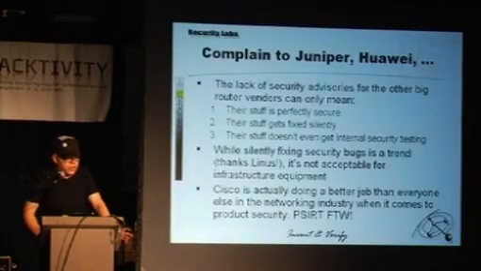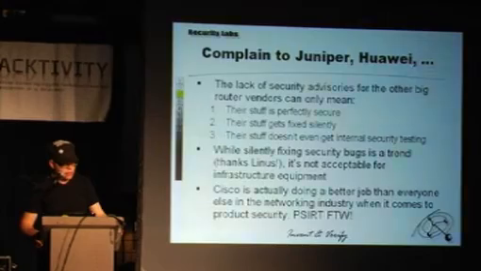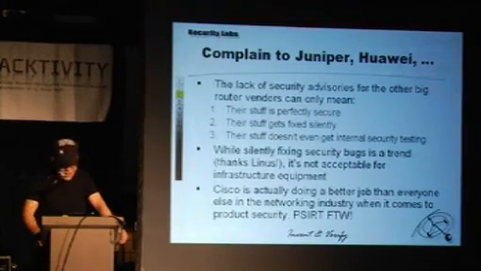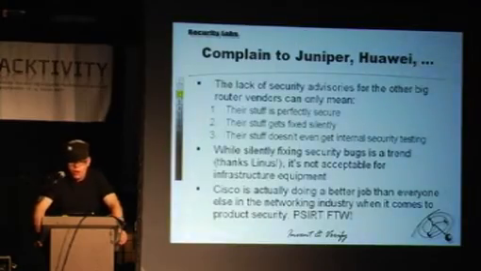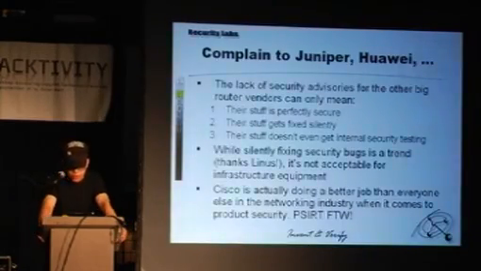Also complain to the other vendors, because the lack of security advisories we see from Juniper, from Huawei, from Nortel, either means the stuff is perfectly secure. Sure. Or it gets fixed silently, that's the best hope actually. Or what actually happens is nobody fucking looks. While silently fixing bugs is something currently very en vogue, thanks to Linus Torvalds, it's not a really good way to deal with that.